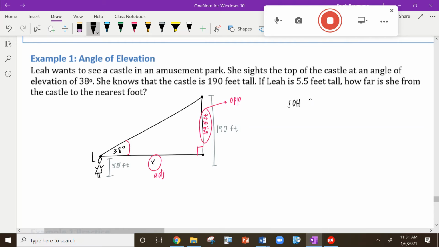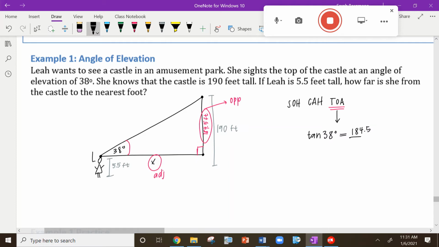So we'll label it opposite. Now, in order to find x, I am given only one side. This is not a special triangle, so I'm going to think SOHCAHTOA. I need to use a trig function. And I know it must be tangent, since tangent uses opposite and adjacent. So I'll write down tangent of 38 degrees equals